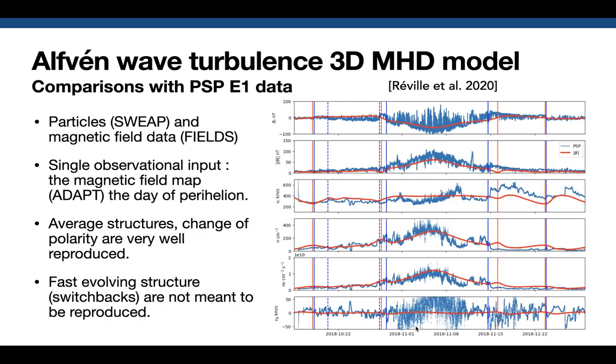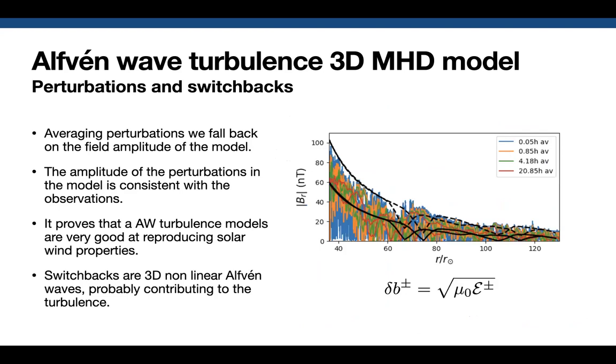So although we do reproduce the average tendencies, of course, we do not have the fast evolving structures, the waves, essentially, because the waves are accounted for in a subgrid manner, in the sense that we are accounting for the energy of the waves. But if we look closely, actually, the perturbations in the magnetic field, especially, what we can see here, for instance,